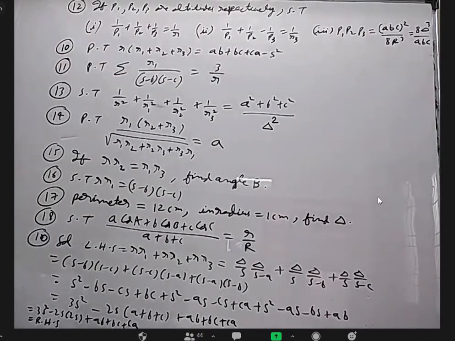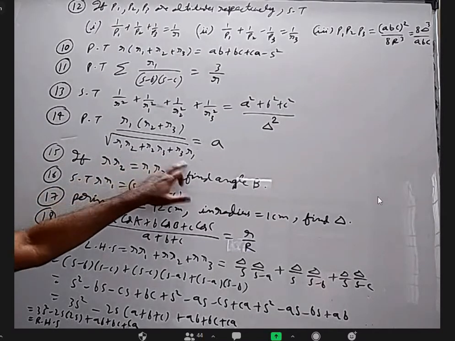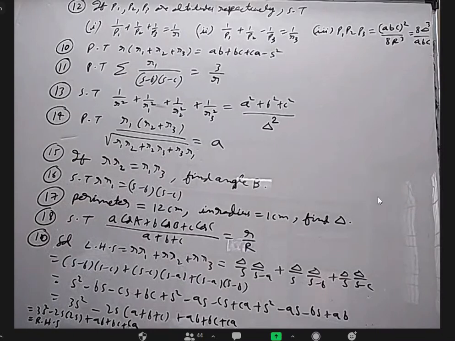So this means the first 4 to 5 questions we have to remember like formulas, sir. Yes, you're right. That means R, R1, R2, R3, anyway you have to remember. Two more formulas: 1 by R equal to 1 by R1 plus 1 by R2 plus 1 by R3, and delta square equal to R into R1 into R2 into R3. And I think even here, R1R2 plus R2R3 plus R3R1 is S square, we proved it. Okay, that much.